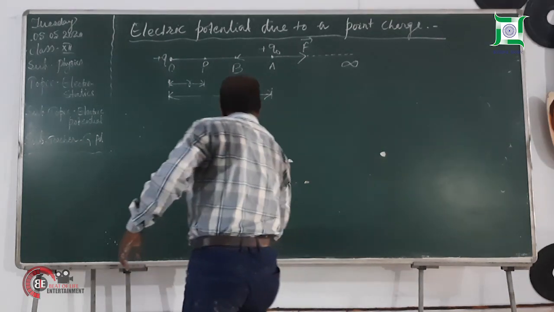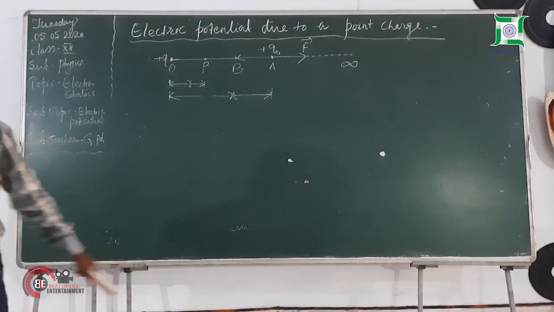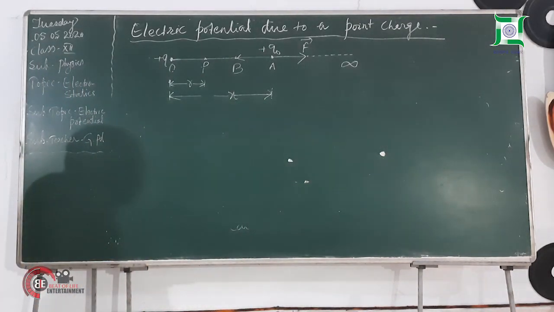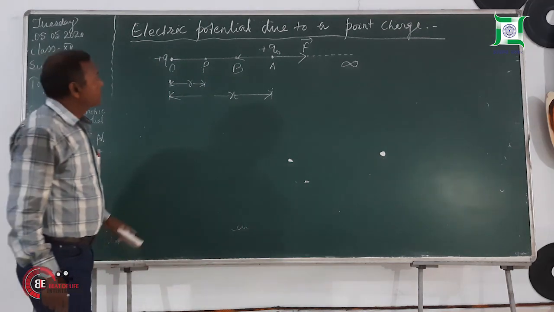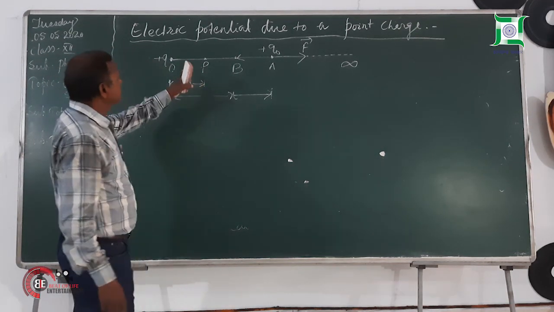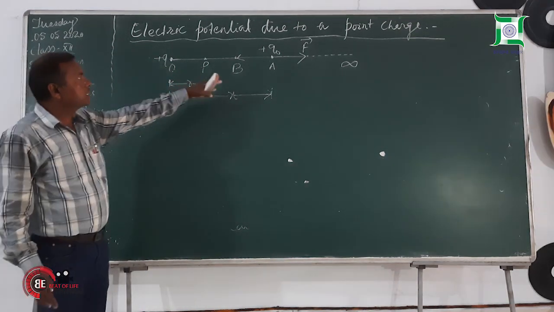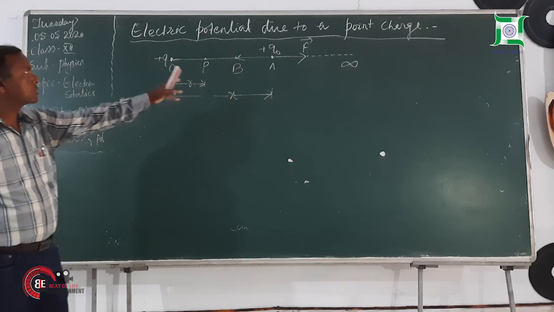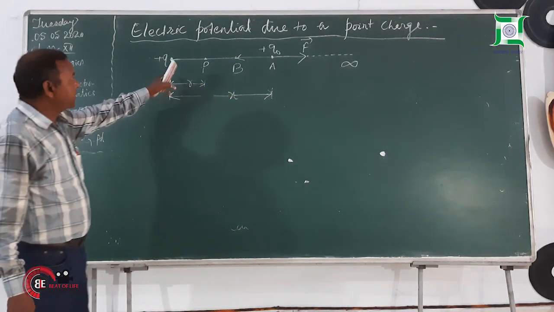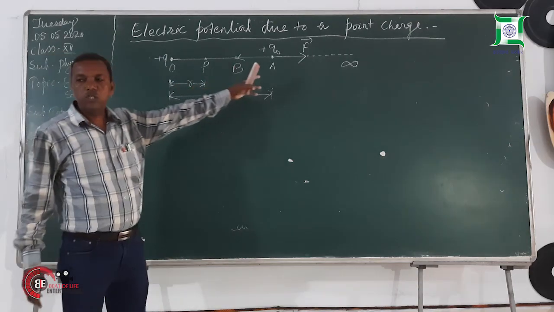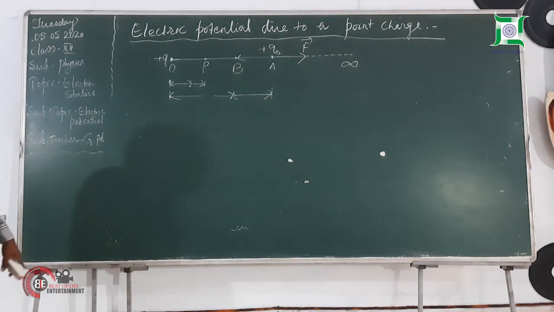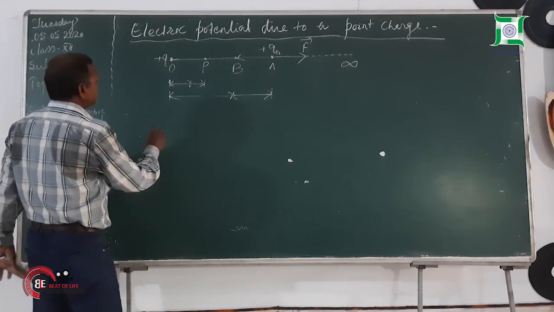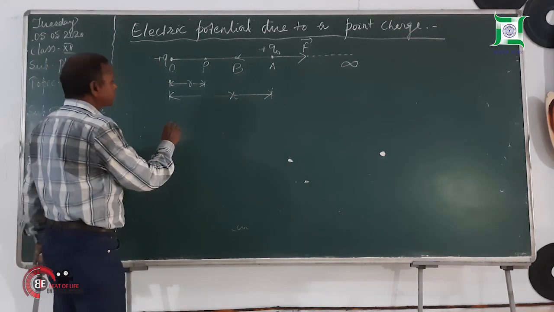From Coulomb's law of electrostatic force, we can find the electrostatic force exerted by this point charge on this test charge Q naught. So we can write here